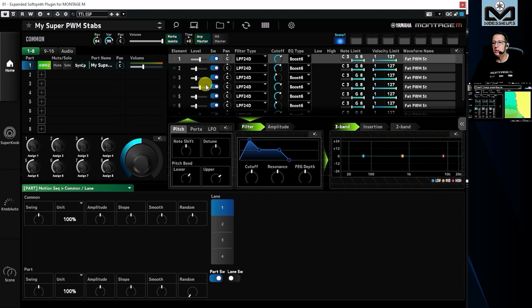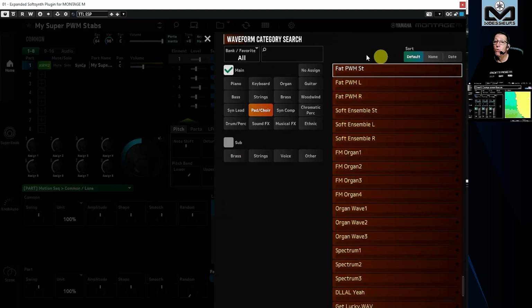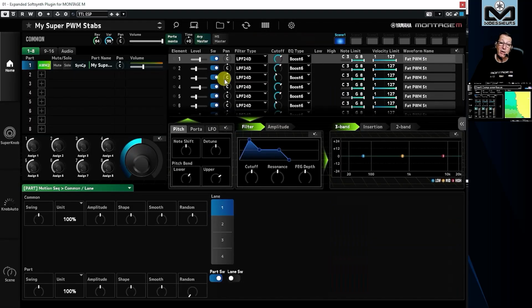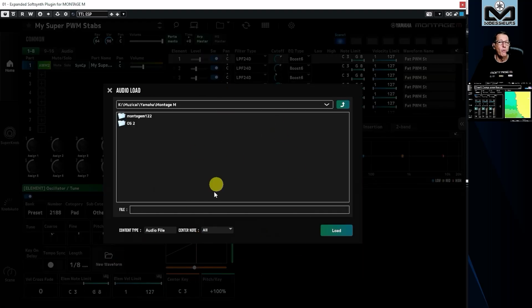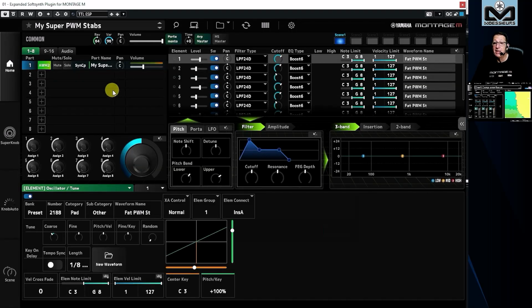Very interesting to go on the AWM2. Now we can change the waveform, the ROM waveform, of course. It was not present on the previous version, but if I press here, look at that. I can create my new waveform directly on my computer with ESP. I remind you, wave, 16-bit, 44.1 kHz samples. And if you want the loop, you need to prepare it in one of the software with the metadata information for the start and loop point and things like that. Okay? And this is for AWM2 standard voice.